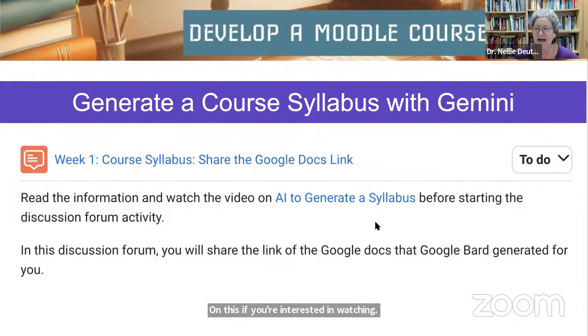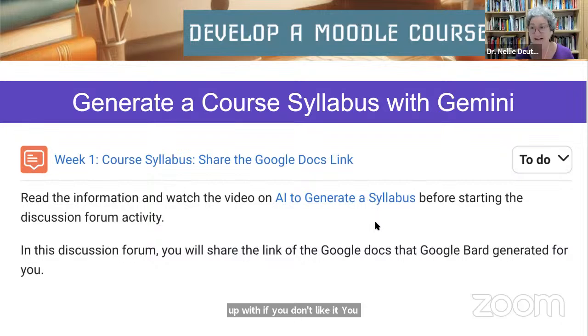The prompts aren't that difficult to generate. I mean, you know more or less what you want. So you simply ask Gemini to generate a course syllabus. And if you don't like what you see, you just keep saying no. That's what I do. No, do this. I mean, you keep making changes. The prompt doesn't have to be perfect. You can create a prompt, see what Gemini comes up with. If you don't like it,